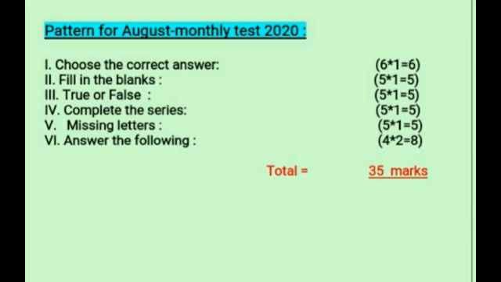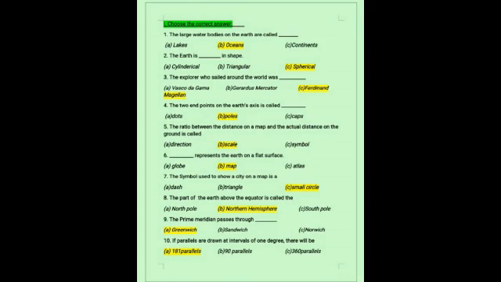Okay, so before you start the test, you have to write the name of the subject, your name, class. Okay, and then write each Roman letter, draw lines after each answer and make your presentation neat. And send the snapshot during the correct time given. So children, the first Roman letter, as I said, is choose the correct answer. So here you have to write the statement and you have to write the correct answer in your test note.